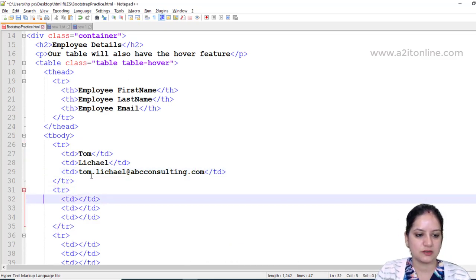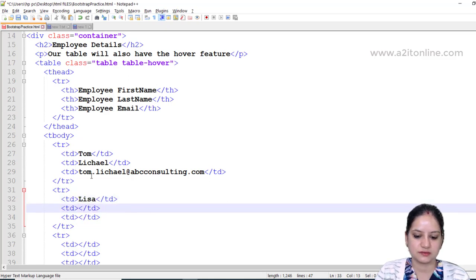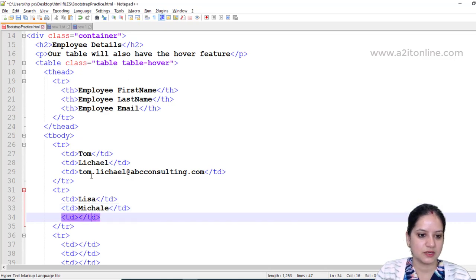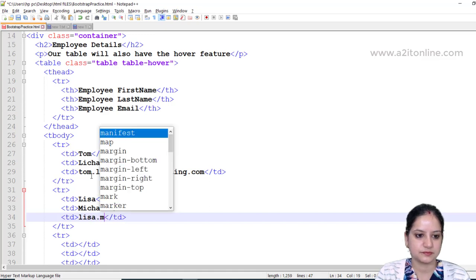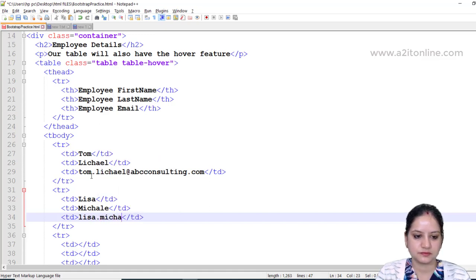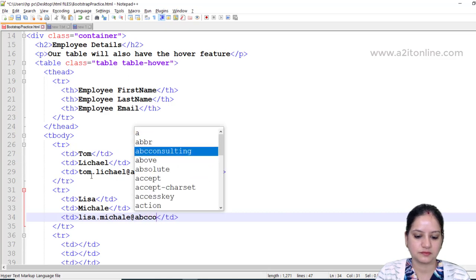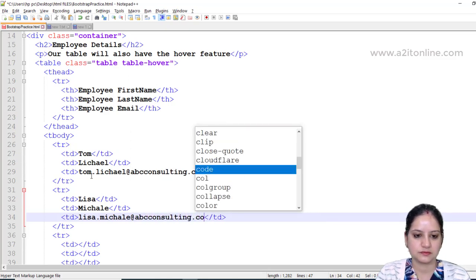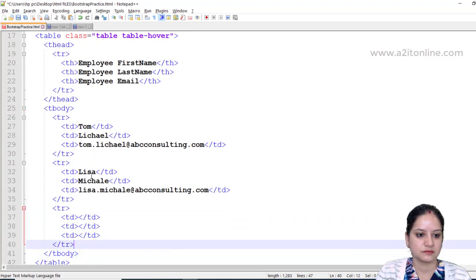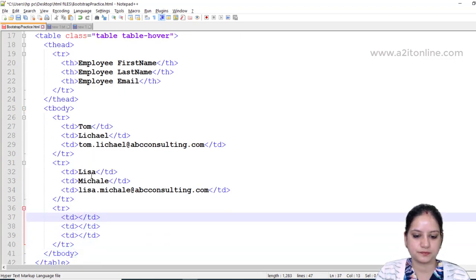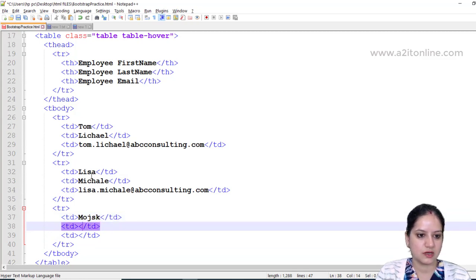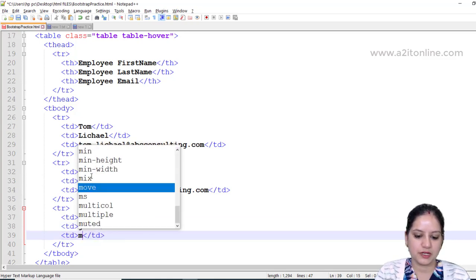I've got another row which is for the other employee, which is Lisa, and the email ID is. I've got the third employee, mosque. Okay, and the email address is